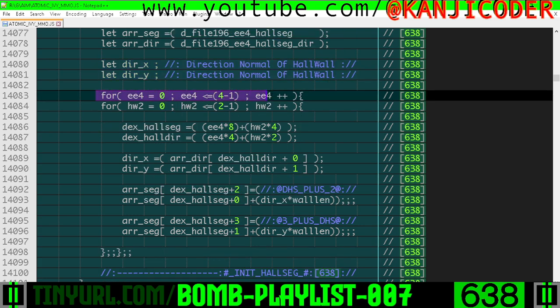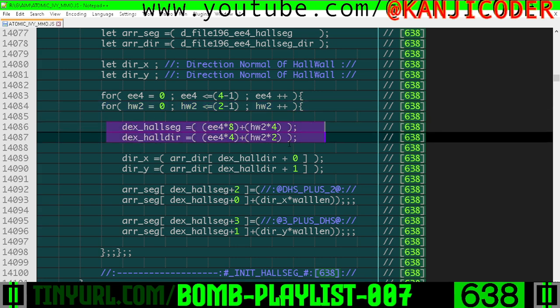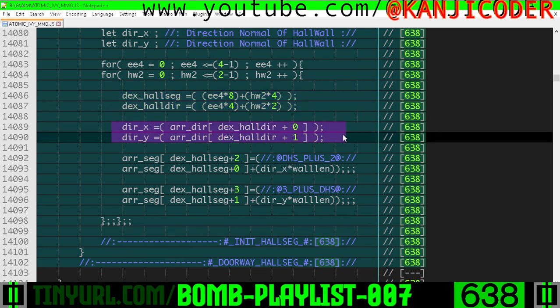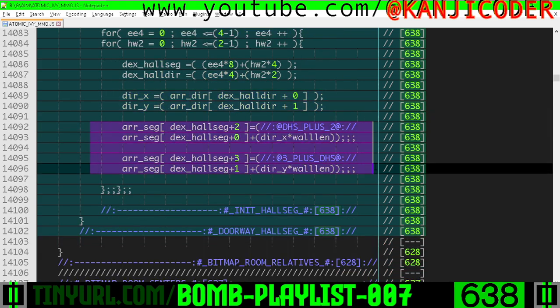We're going to loop through every single edge and every single wall connected to that edge. And then we're going to get the base addresses of the segment and direction vectors, grab our direction vectors, and then we're going to fill in the missing